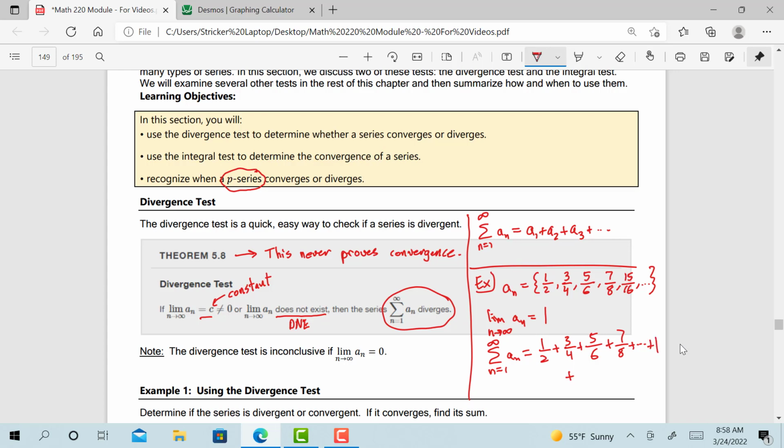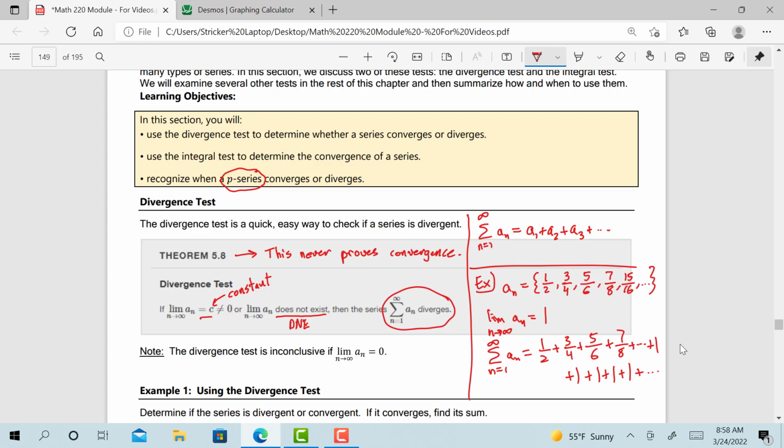Plus 1, plus 1, plus 1, plus 1, plus 1, and so on. So if all the terms in the sequence are approaching 1 and we just keep adding 1 to our sum as we add more and more terms, is this sum ever going to add up to something, a finite sum? And the answer is no, because we just keep